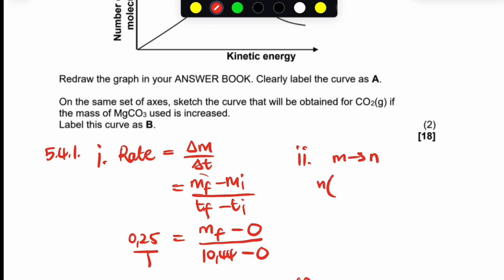So we're going to say number of moles of carbon dioxide is equal to mass over molar mass. So the mass is 2.61 divided by the molar mass, 44. And then the answer there, it will be 5.93 times 10 to the power negative 2